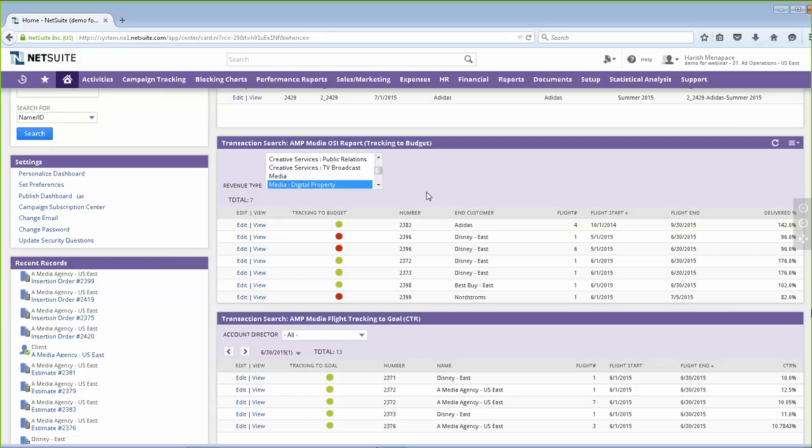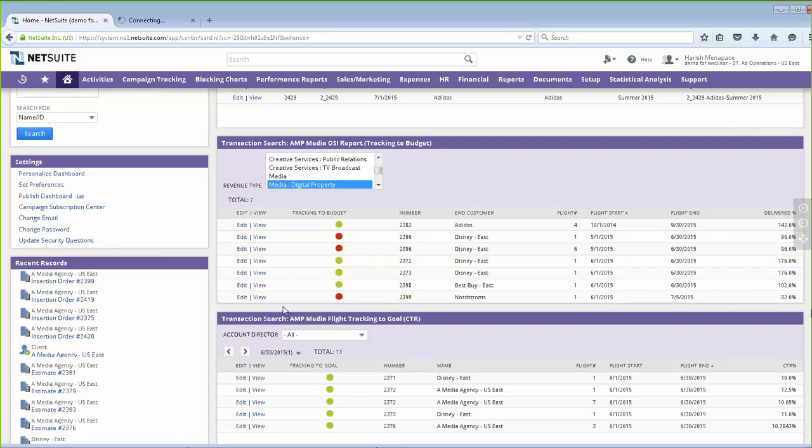Further on now, I've got a tracking of delivery information. So I've got a red light, green light to let me know any of my impression-based or click-based campaigns and how they're running, whether or not they're running on time and going to be making the budget goals, or if I've flagged them because they haven't been running on time.